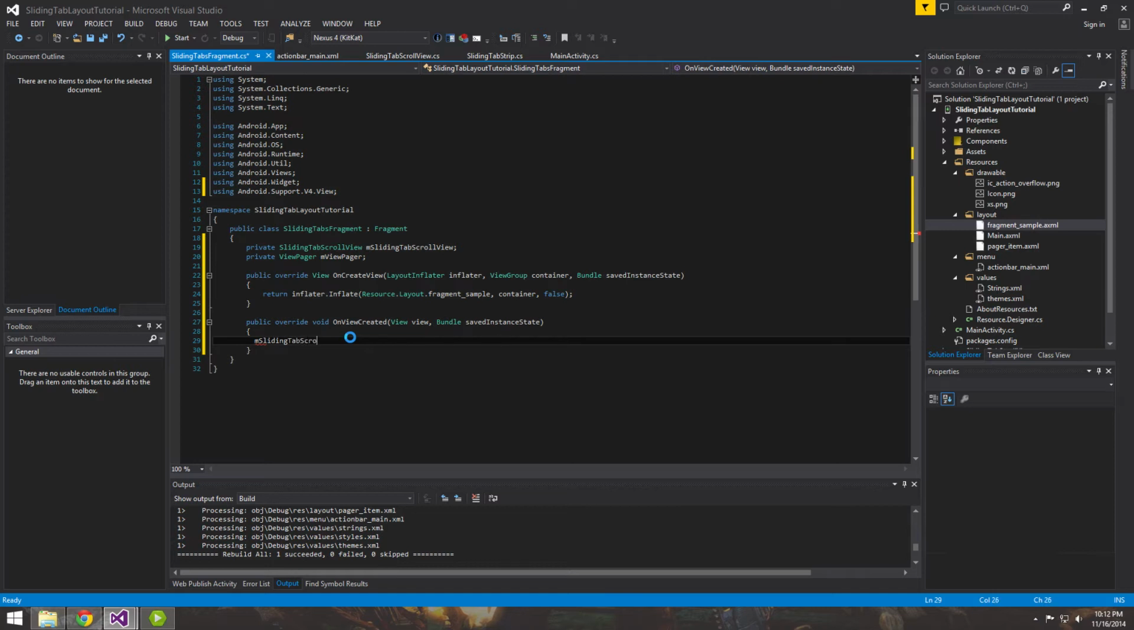Sliding tab scroll view equals, make sure you do view.FindViewById. Okay, and we want to give it the generic class, and we want to grab its ID, which is sliding tabs. Okay, so now we have a reference of it in code, and it's already been constructed by us from the